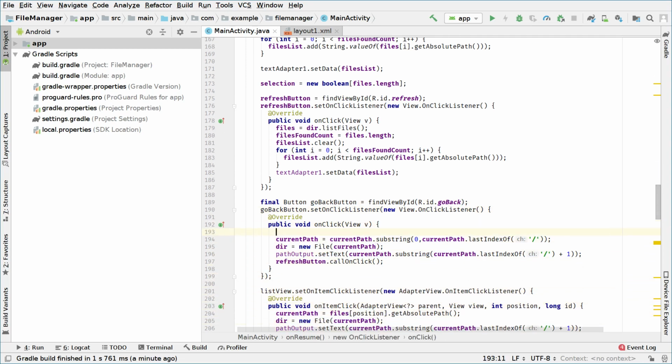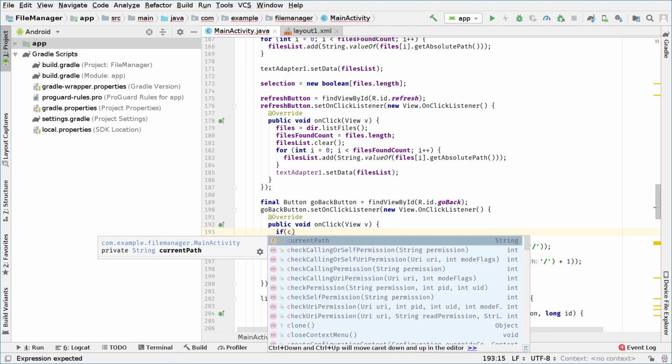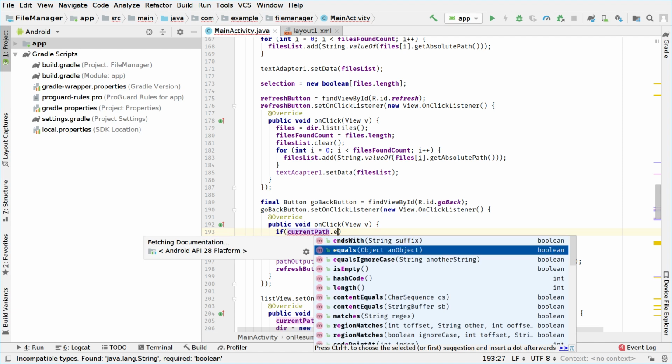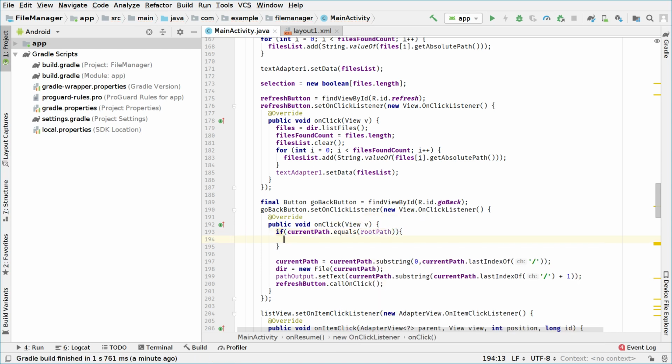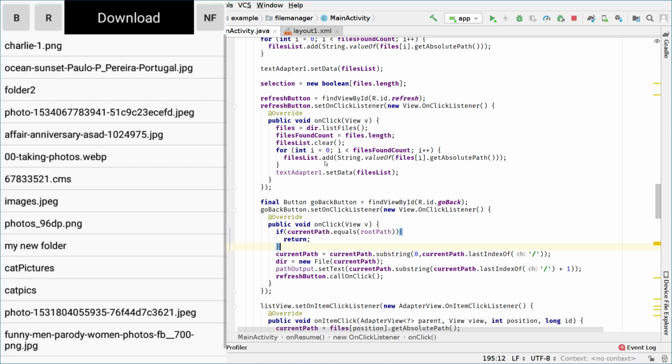And here we will check if current path equals root path, we won't do anything and we will just return. And we will check if this works, maybe because it should have exactly the same letters to work, so I will check it now. So we go to download right here, and if I press back,